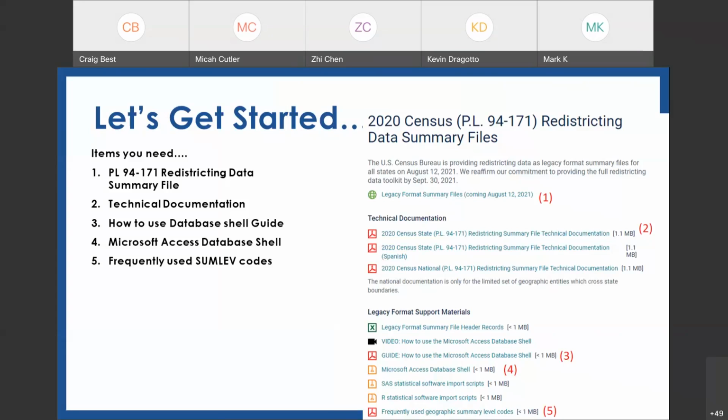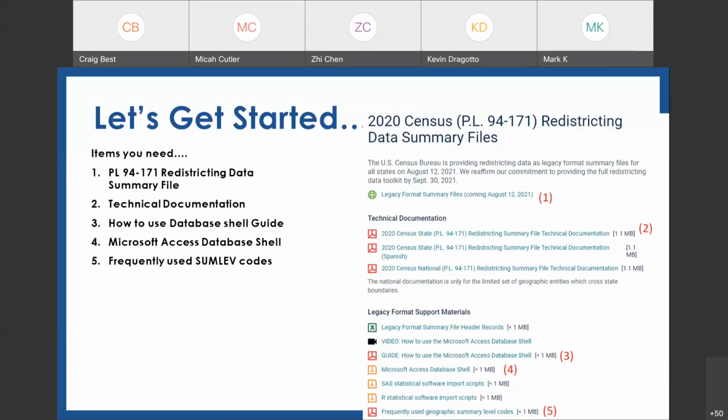Number 3 is how to use the Microsoft Database Shell Guide. And that's the guide, kind of a step-by-step to do what I'm going to show you. 4th is the Microsoft Access Database Shell itself. I'm going to use Microsoft Access for my demonstration today. And item 5 is the frequently used SUMLEV codes. And again, I'm going to explain what these things are as we get into it.